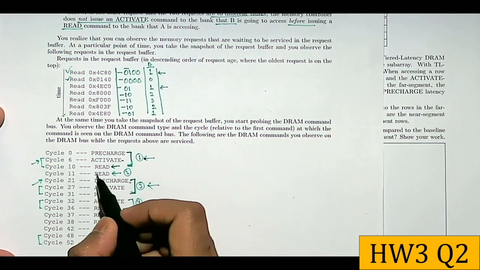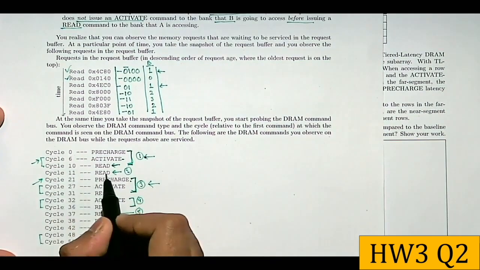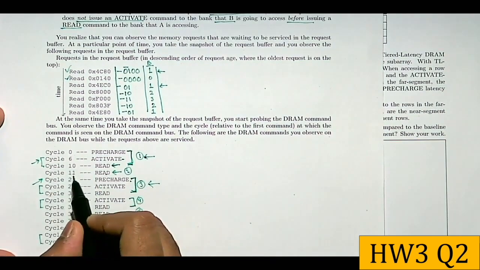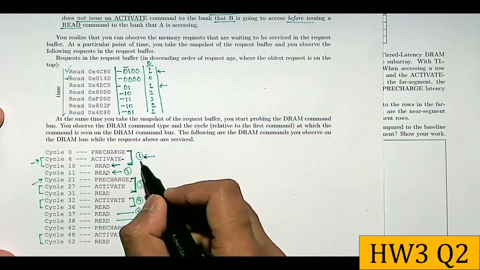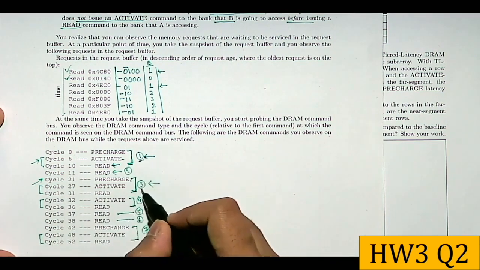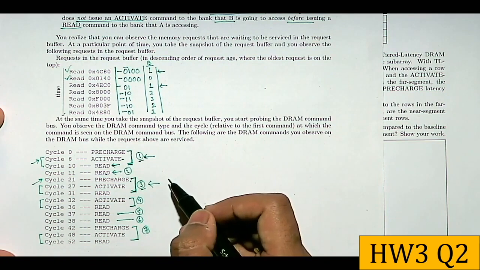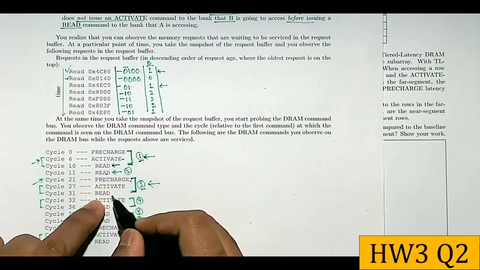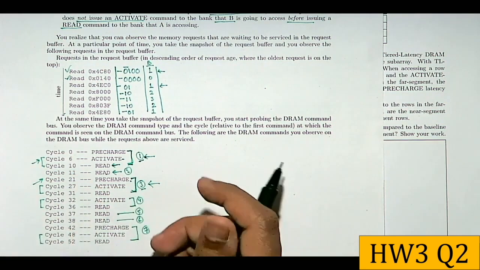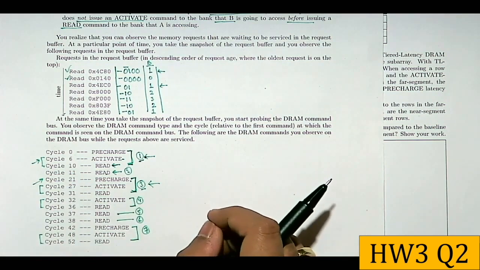But in this case, we know that these read requests actually happened in cycle 11, and before cycle 21 you don't have any other request. That's one hint you actually have, and you know that request number 1 and request number 3 went to the same bank, right? And request number 3 initiated a sequence of pre-charge, activate, and read. My point is that this is not exactly a fixed DRAM